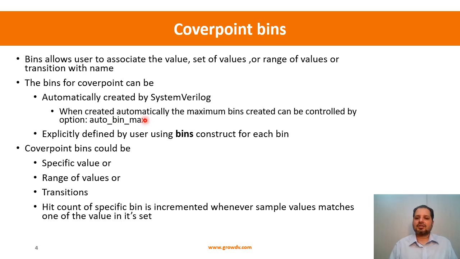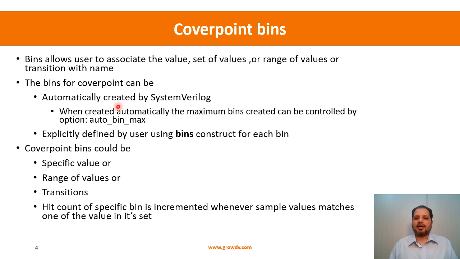Default value of this is 64. So what it will do is it will divide them in 64 equal ranges and then create them as auto bins. So that is how it works when it creates automatically. Also, when it does it automatically, it gives this name called auto, which is not very easy on the eyes to read. So it's always a good idea